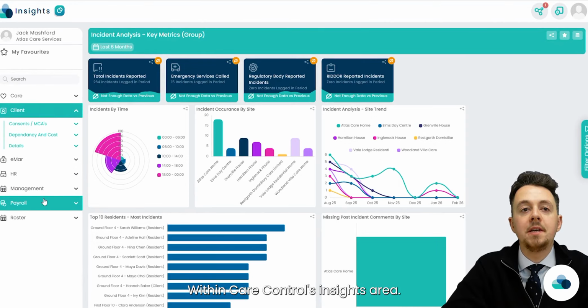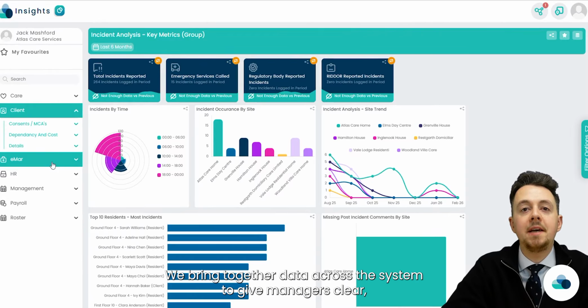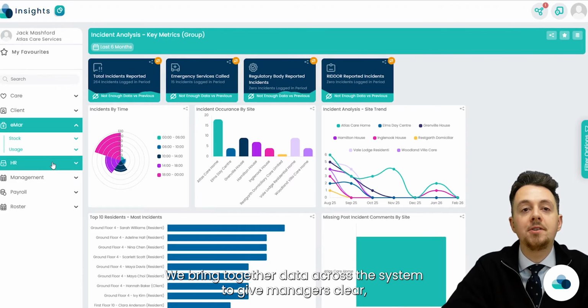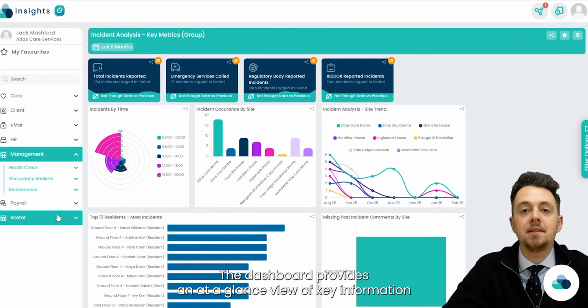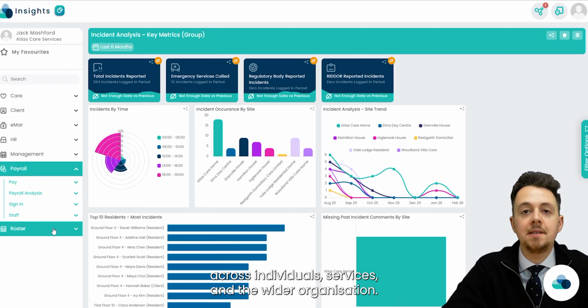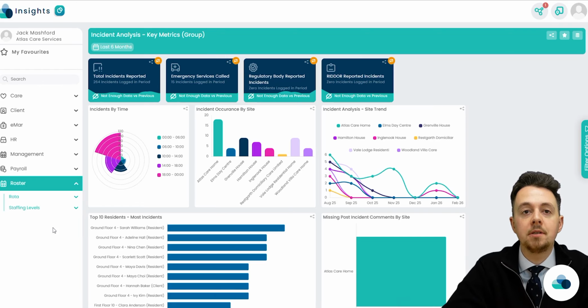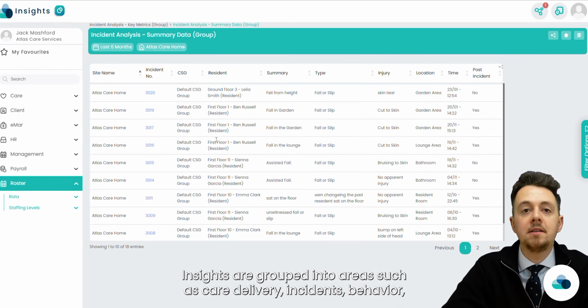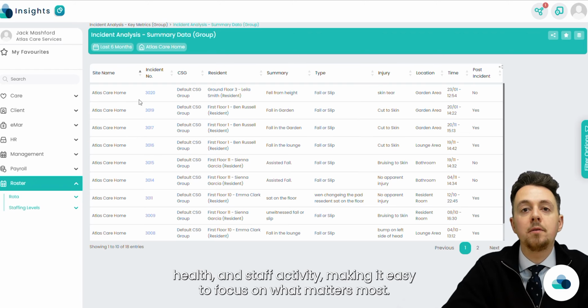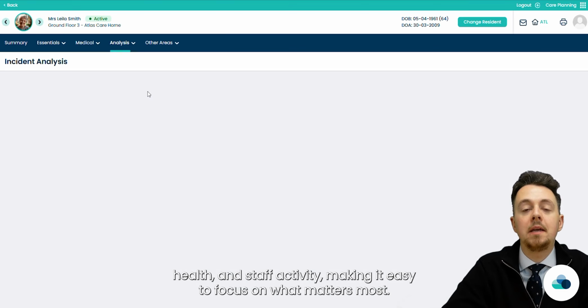Within Care Control's Insights area, we bring together data across the system to give managers clear, meaningful oversight. The dashboard provides an at-a-glance view of key information across individuals, services, and the wider organisation. Insights are grouped into areas such as care delivery, incidents, behaviour, health, and staff activity, making it easy to focus